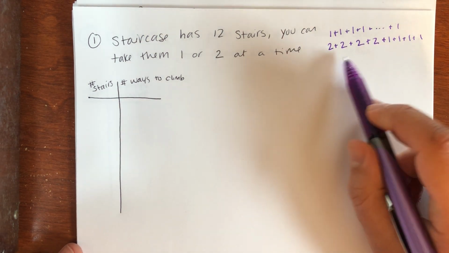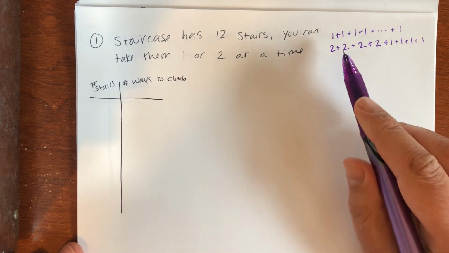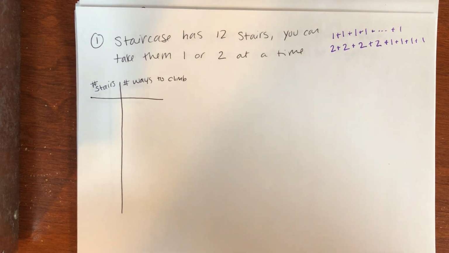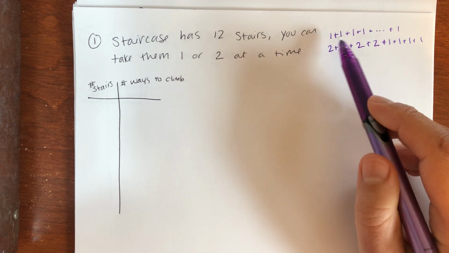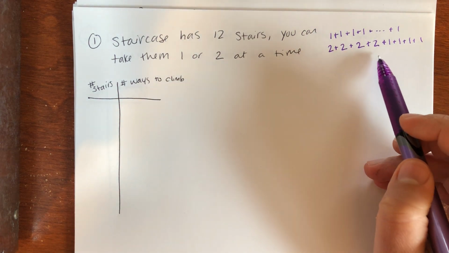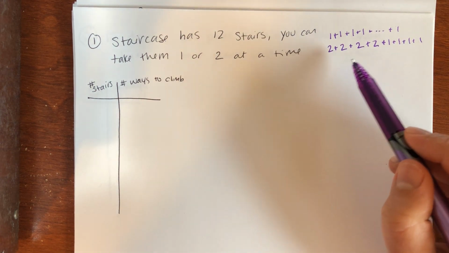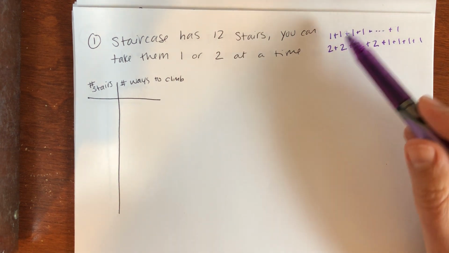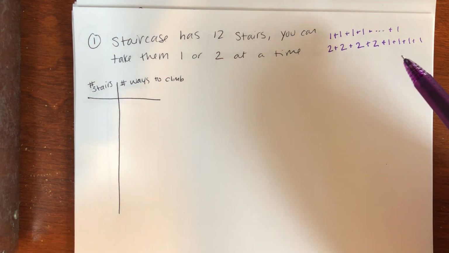Well, but then you can rearrange these in any order that you want. You could do 2, 1, 1, 2, 2, 1, 1, 1, right? So if you try to list them all, it seems very quickly to be unreasonable to do. And if you're looking at this and thinking that these look like compositions of 12, compositions from the last section, you're right, they are compositions of 12, but thinking about this as a compositions problem is probably not the best